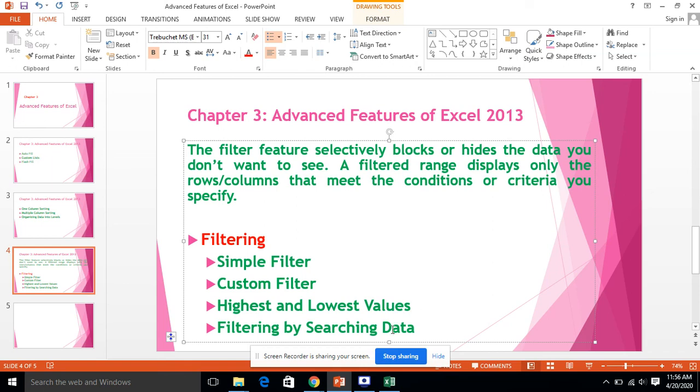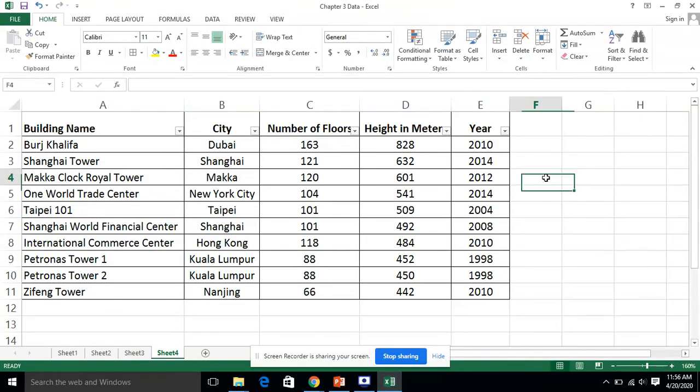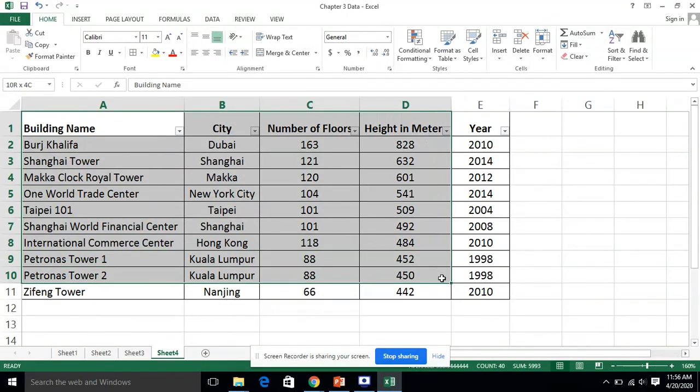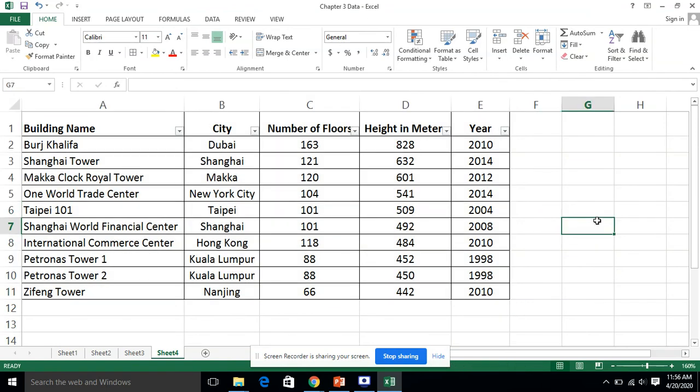You can rewind the video, you can play the video again and again and you can apply these options on your data. Definitely first you need to develop this data in your Microsoft Excel file and then you will apply the filter option. How you apply the filter option and remove it, I have told you. This is the option: filter remove and filter apply, and then you can apply the filter according to your requirement. I hope this topic is very clear too and you will practice it.